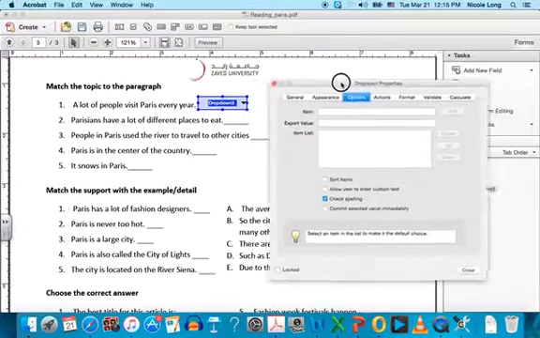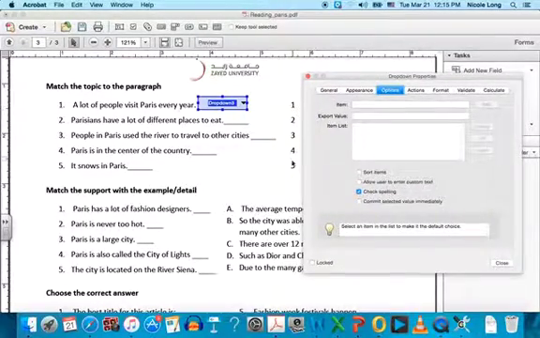Now this one's quite easy. I just want them to select one of the paragraphs. So I'm going to put the answer. The first answer is 1, and then I'm going to add it. And now you see it comes down here. So this is where your answers will appear. I could have also done, for example, first, second, third, or I could write first paragraph, but I'm going to make it easy and just do 1, 2, 3, 4, 5. So you select each one, put them all in,